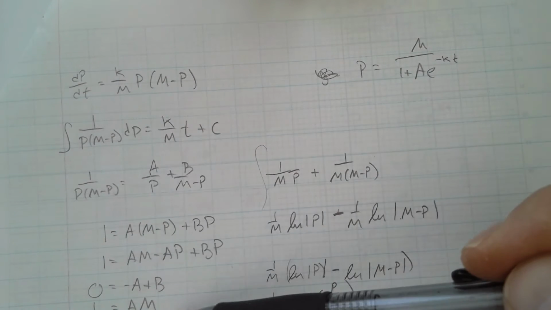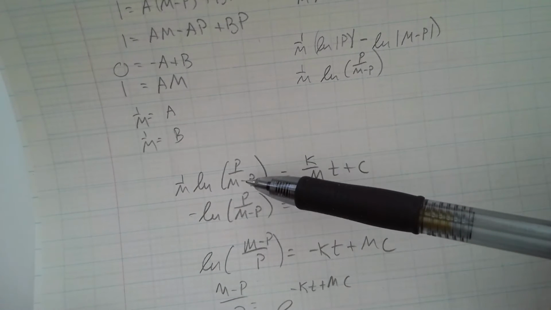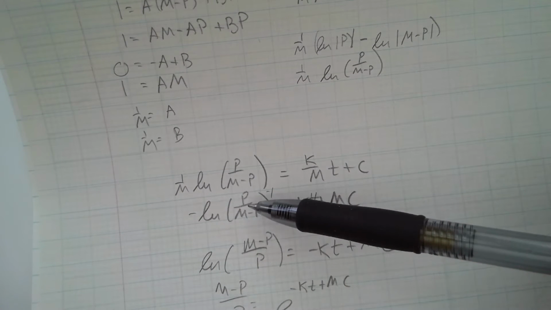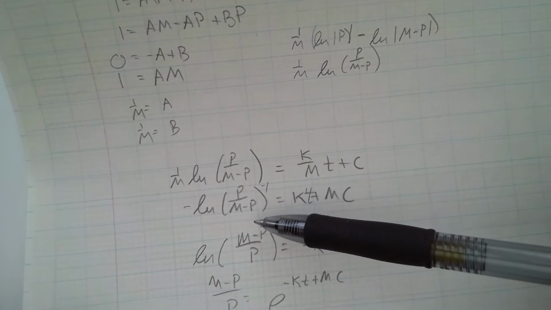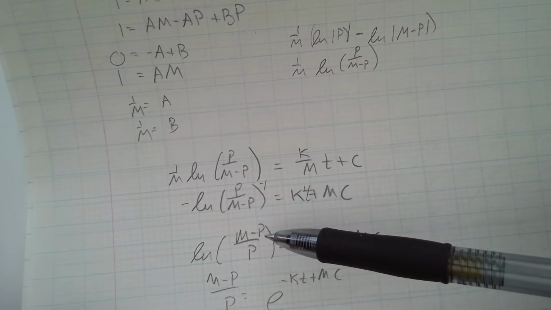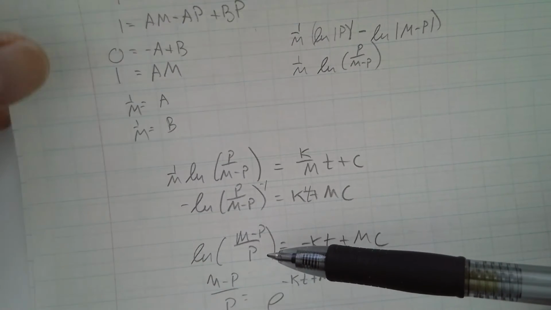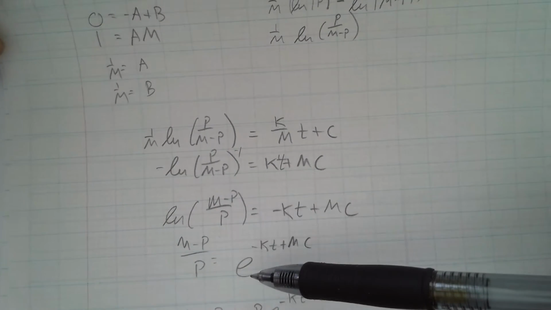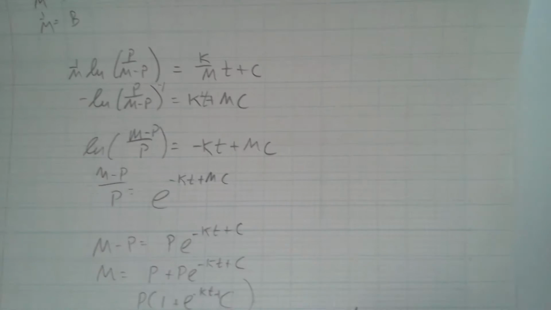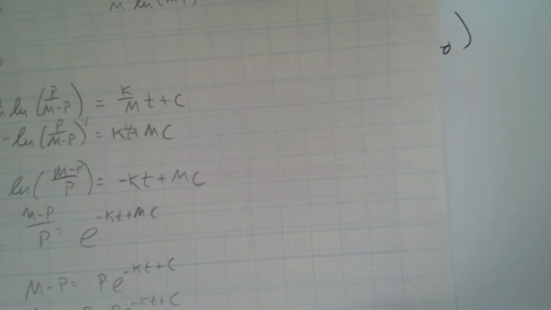Anyways, you integrate it with partial fractions and do some tricks, like I have natural log of p over m minus p. That's not good enough, you have to invert it, so take it to the negative first power. Then you could solve,